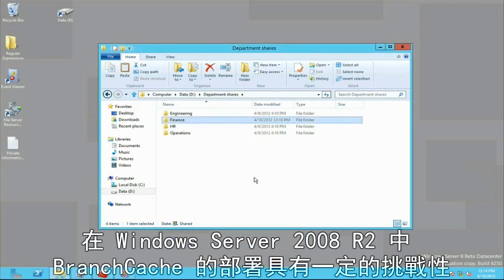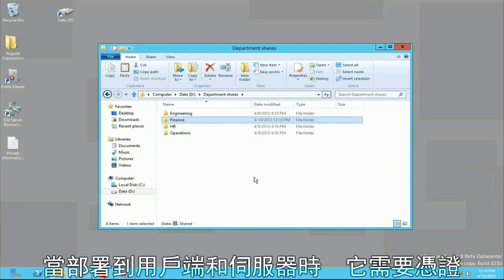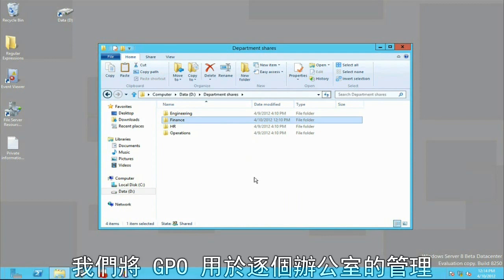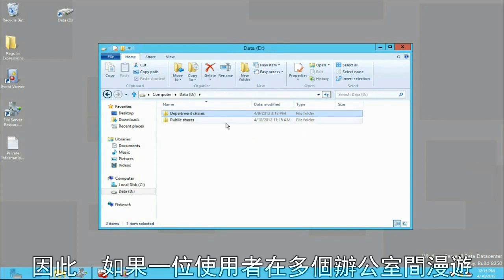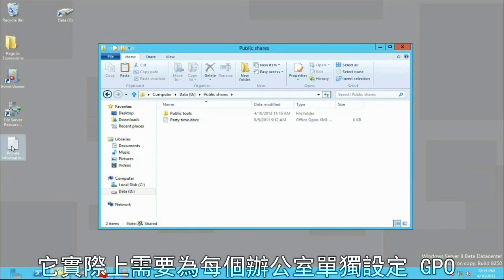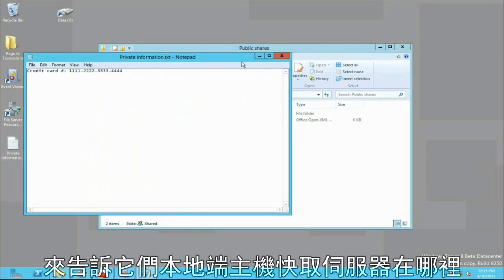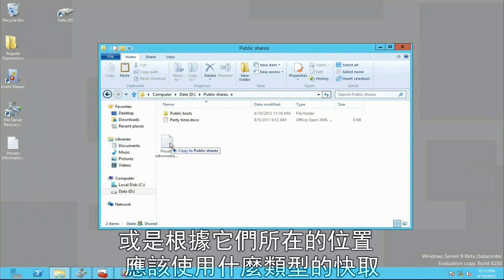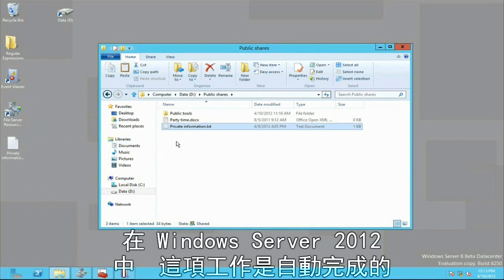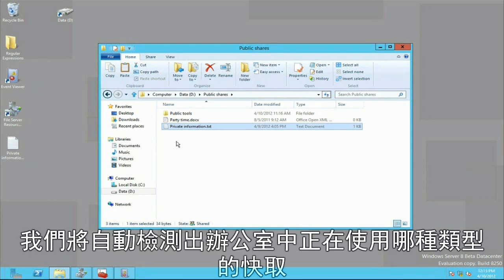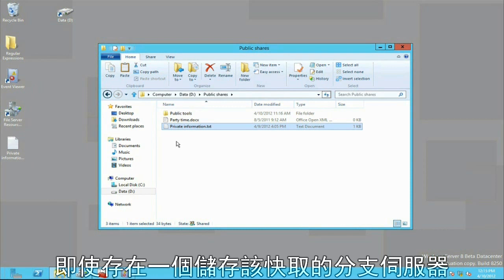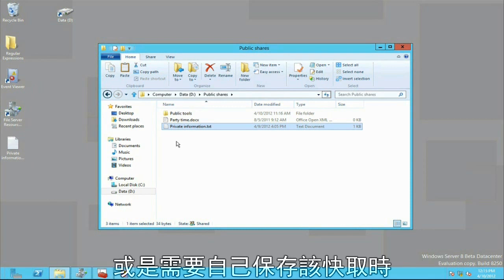Now let me show you another thing that's adding more dynamic evaluation into this equation. So up to now I tagged the files by the owner of the data. In this case I was the owner of the finance department. But let's say that somebody inadvertently took some file with private information such as credit card information and put it into some public shares. Now what's going to happen right now is that on this file server we also have automatic classification rules that look for information that is sensitive, that has credit card information, and mark this information as